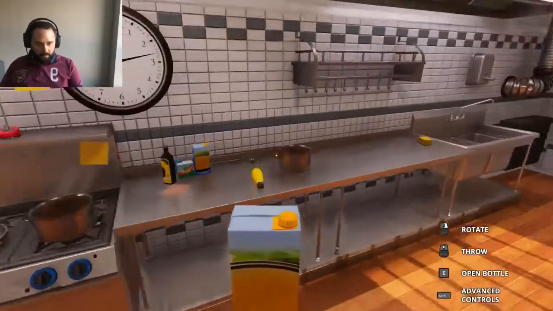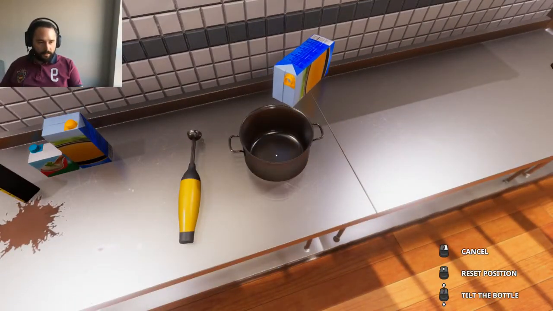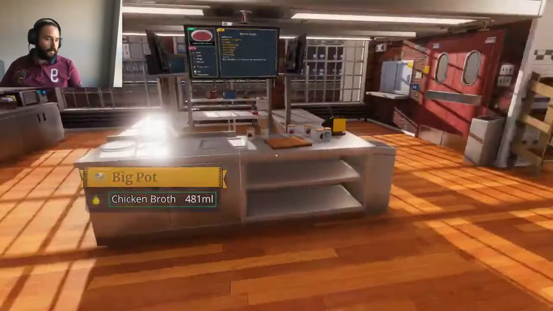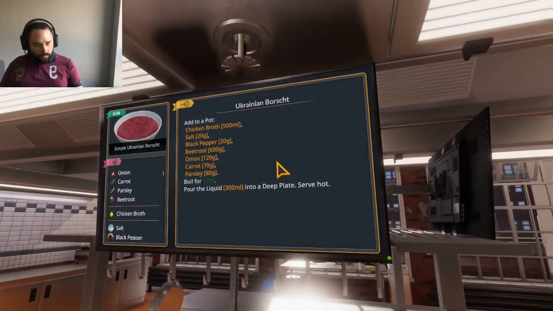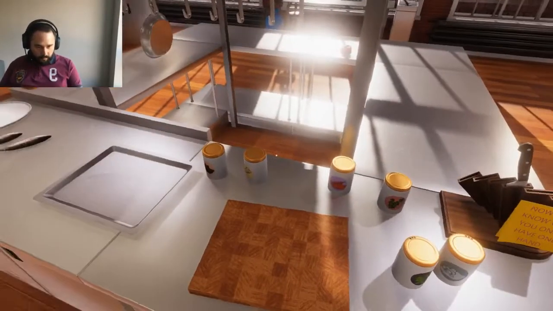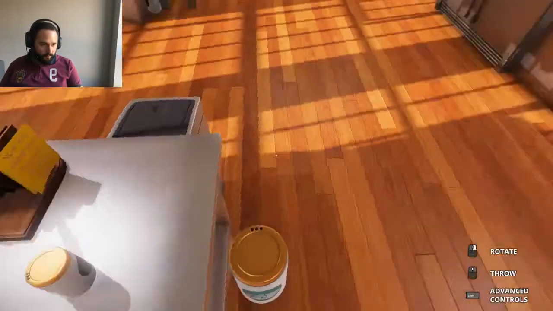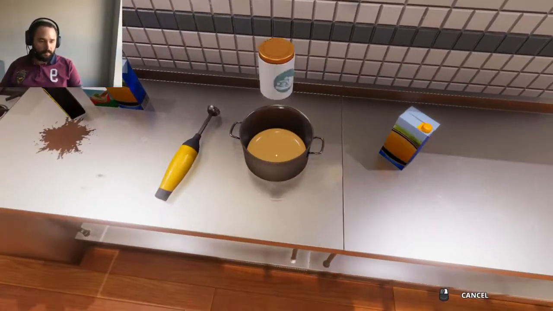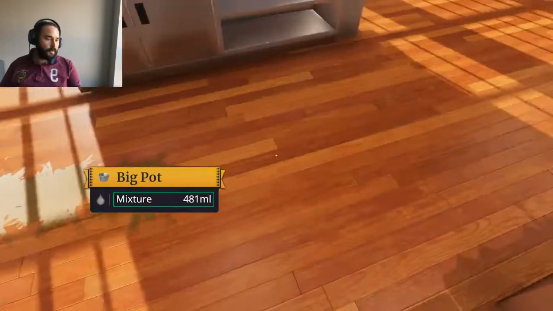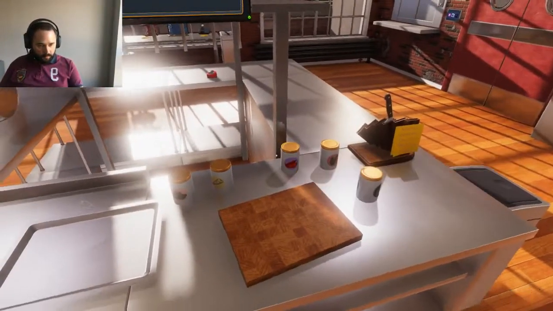Okay. The recipe calls for half a liter, so let's do that. What else? Salt and black pepper. I should have those somewhere here. Yep. Salt, 20 grams. Let's just hold it back. Okay, that's actually perfect. And we'll also need